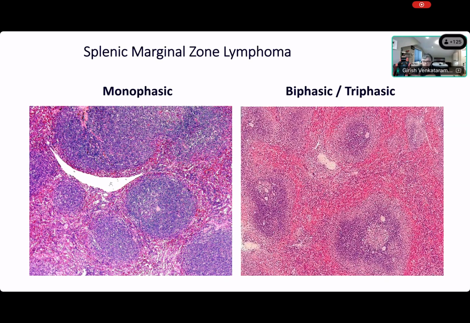And of course, you could ask me, how do you look at the picture on the right and tell me that this is lymphoma, right? If I just show you that in isolation, you would say that that's probably just marginal zone hyperplasia occurring in the spleen. How do you get to lymphoma, right? But your clue will be the weight of that spleen. Now I'll tell you that the weight of that spleen on the right side was 1 kilogram, right? So obviously you have to connect the dots. No normal person can have a 1 kilogram spleen.